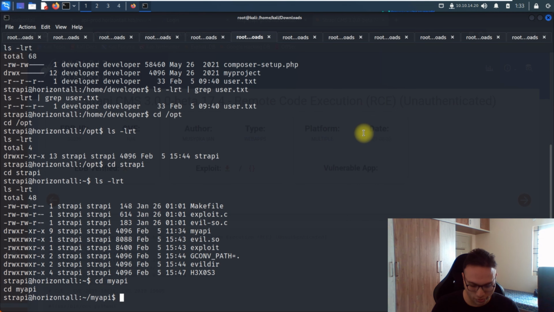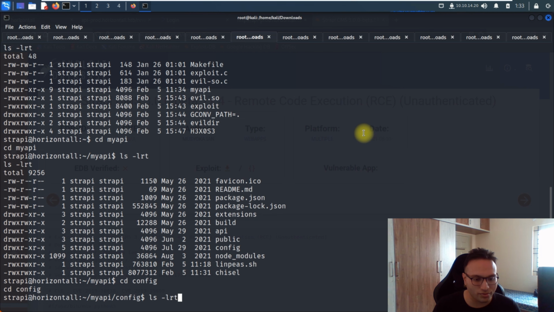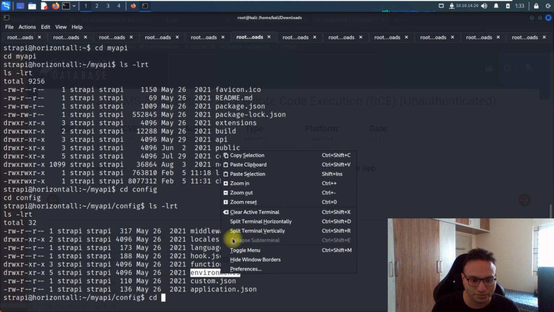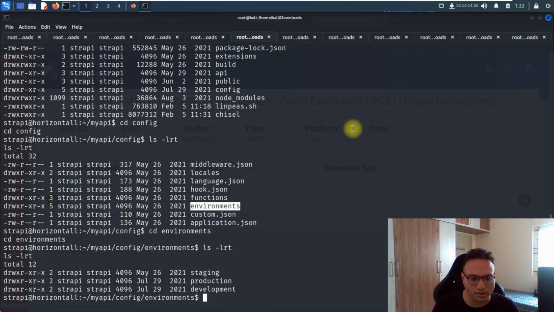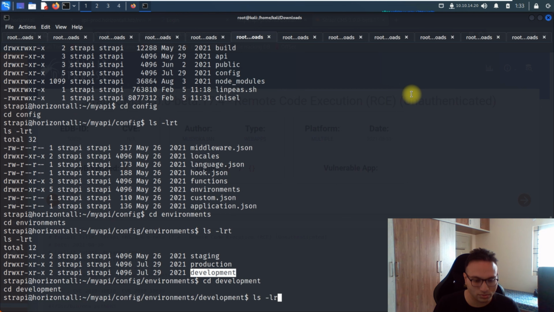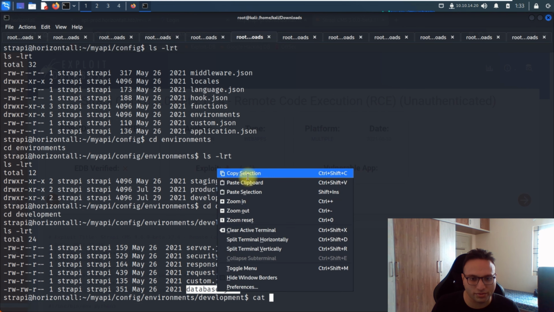So we're supposed to go inside this folder, and then we'll search for the next one. I think config is the one we're supposed to go to. Okay, now what is the next? Environments. Okay, now what is the next? I think development is the next. Okay, that's it. So now we'll try to access the database.json file over here,